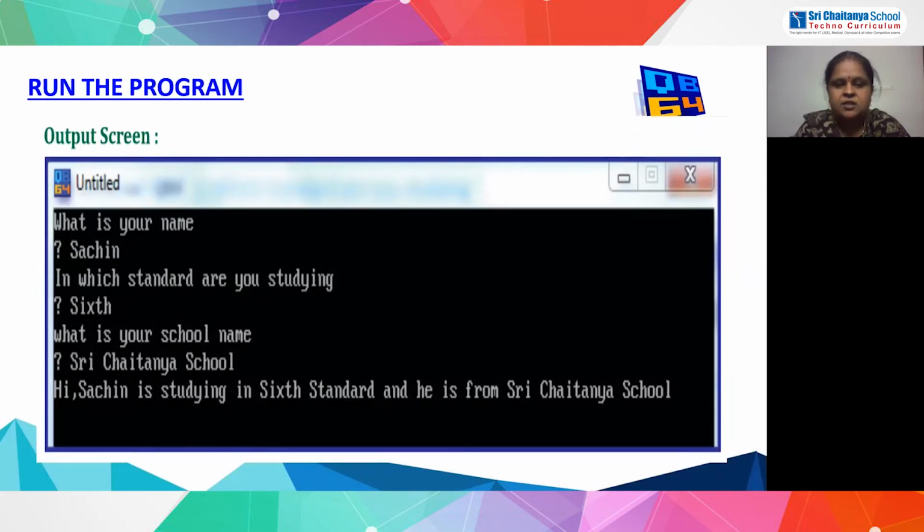And next, it is again asking, "What is your school name?" The user has entered the value as Sri Chaitanya Techno School. So what is the final output it is showing? "Hi, Sachin is studying in 6th standard and he is from Sri Chaitanya School." This is the output it is showing because I have written a program to get this output.